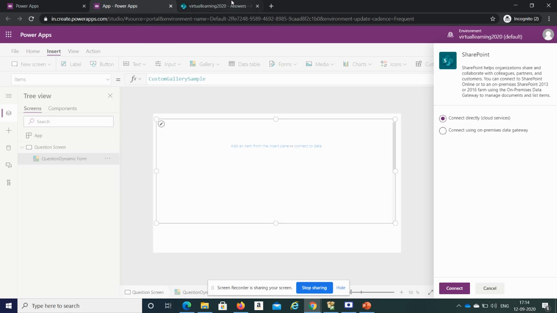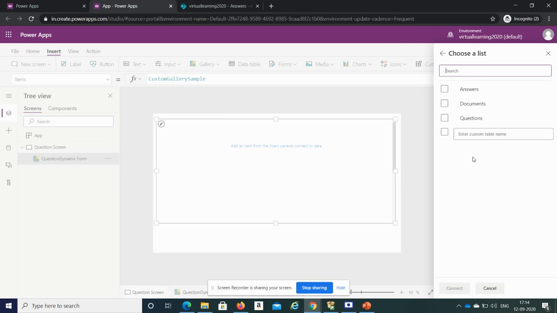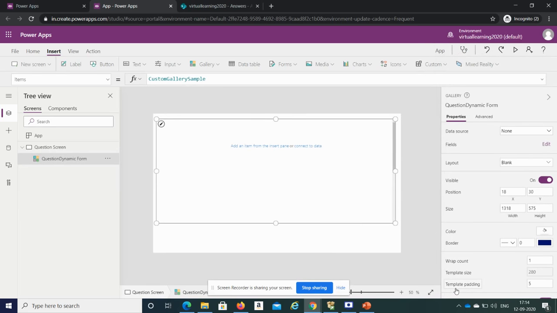So we are using Office 365 SharePoint Online. So it's connecting to the SharePoint. Now I need to give the URL here, which is automatically displaying here, virtual learning 2020. This is my site. I will select this and I will select questions because we need to show the questions here. We'll click on connect.